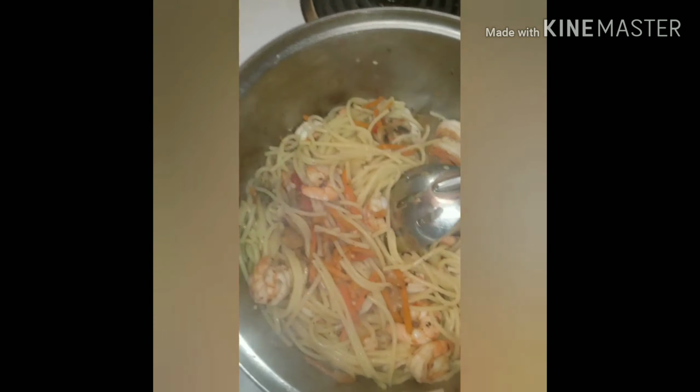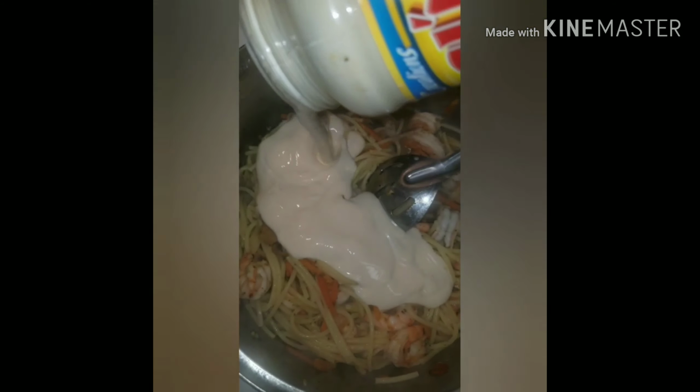Now I added my frozen shrimp, probably about one pound, I believe I had left in this bag. But again, you could do it with chicken. You could do it with no meat. You could do it with tofu. And if you don't like alfredo sauce,